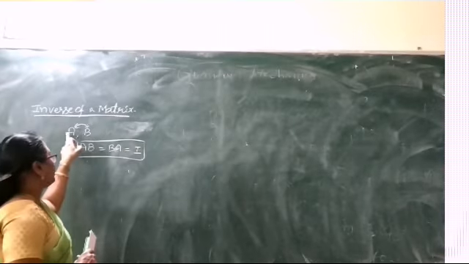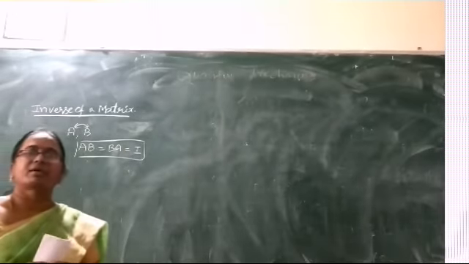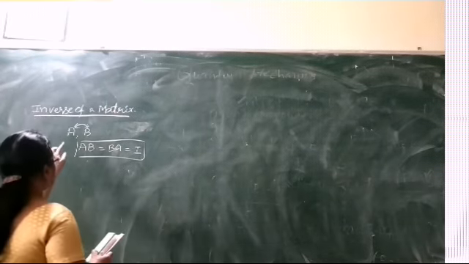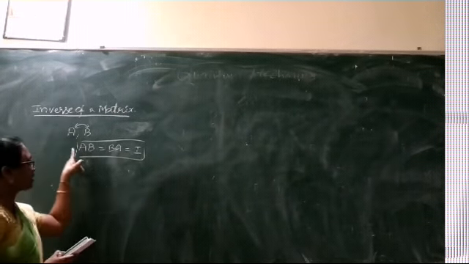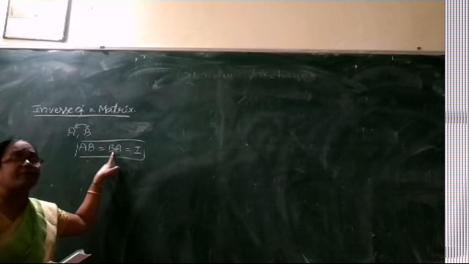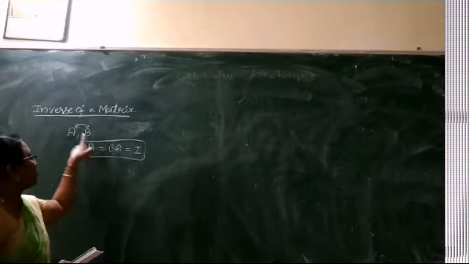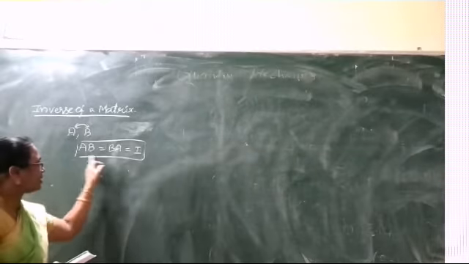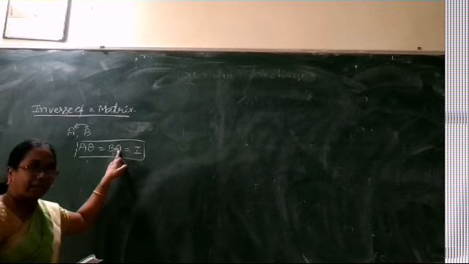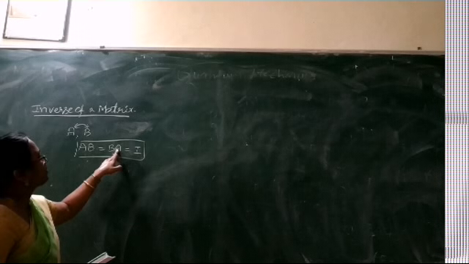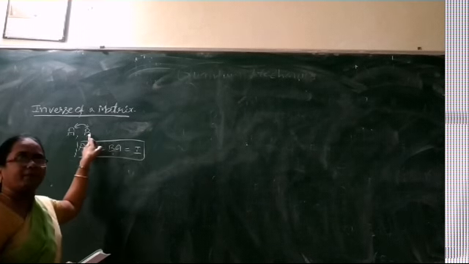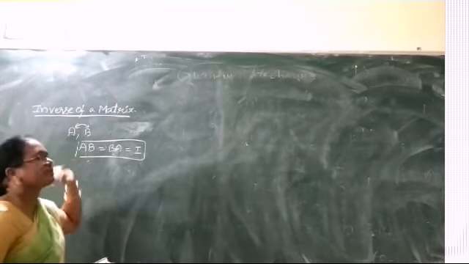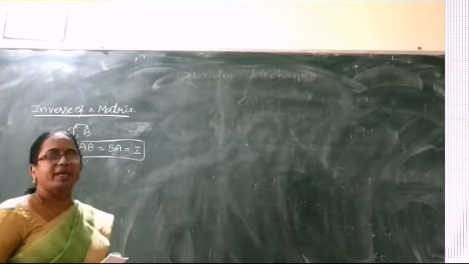Then we say that the two given matrices are inverses to each other, or otherwise we can also say that if the matrix A is given and the condition is satisfied with other matrix B, that B is called the inverse of the given. Similarly, suppose B is given and the condition is satisfied for some matrix A, then we say that A is the inverse of B. So when the condition is satisfied, the two matrices are inverses to each other.